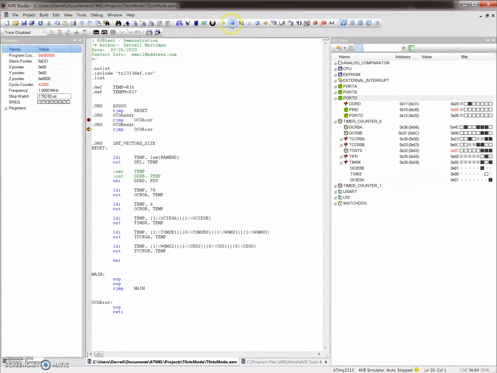So we started the simulator. I'm going to run it full speed ahead a couple of times here. And then I'm going to go to the OC0A register, and I'm going to reset the stopwatch here. So we'll run it full speed ahead until it comes back to the same breakpoint. And again, we should hopefully get around 20,000 microseconds. So I'm going to go to OCR0B and then back to OCR0A. And we got